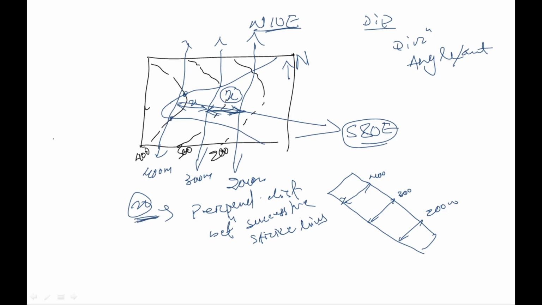Because in a map means what? This is the map. Suppose this is the bed. Let's consider you are viewing the bed from above. Suppose you are in a flight, you are watching like this. Your field of view is like this. So how are you seeing them? You are finding 400 meter here, you are finding 100 meter. You cannot see the inclination in map view, right? You are finding this is the 400-meter strike, the 300-meter strike, and the 200-meter strike.